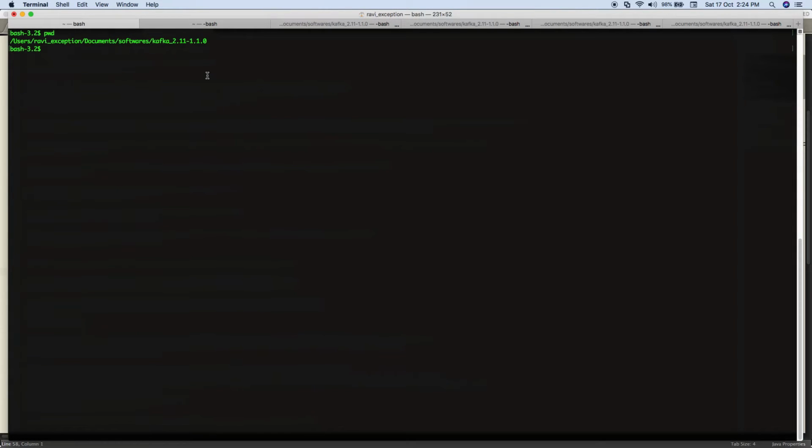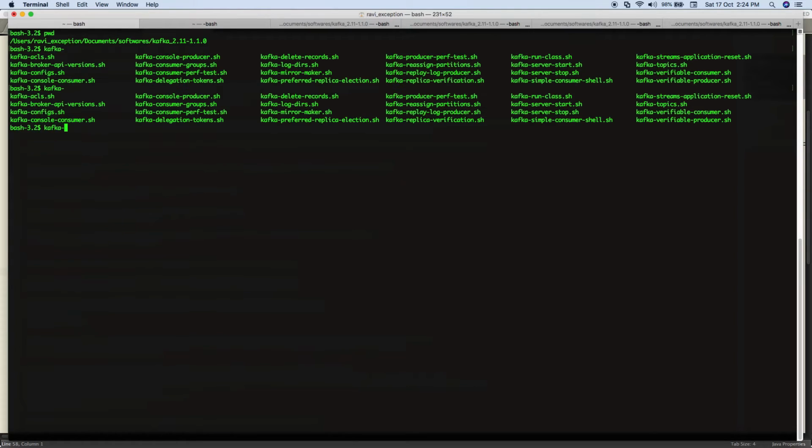Once you add this successfully, if you type kafka and tab, you will see all the commands available in Kafka. What we are going to do? We are going to start zookeeper. If you see here, you will find a zookeeper command. Yeah, I have these many commands: zookeeper, server, start. Let's start that.